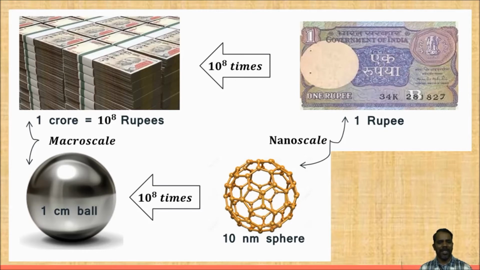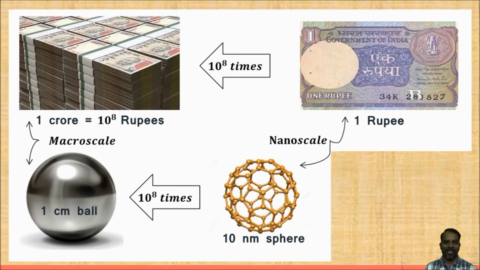The same dimension is applied in nanoparticles. One example of a nanoparticle is fullerene. Its dimension is 10 nanometers, so it is expanded around 10 to the power of 8 times. We then get 1 centimeter diameter steel balls. So the fullerene is the nanoparticle and the ball is the macroparticle, the same way 1 rupee relates to 1 crore, with the same dimension applied to the macro and